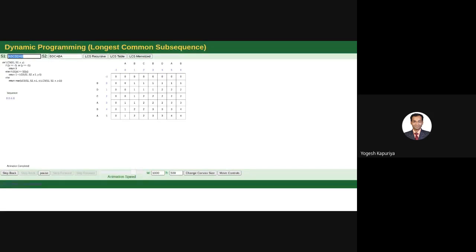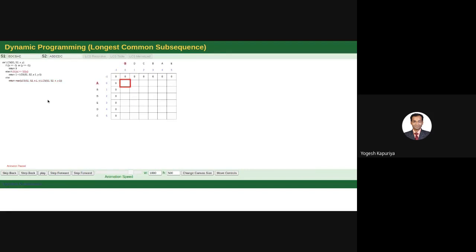Let's write another sequence, let's make it simple. First let us understand the setup.